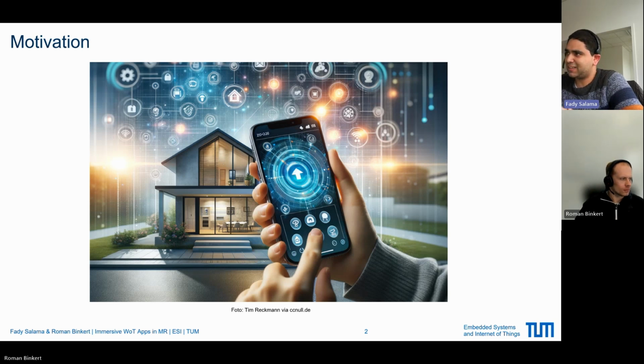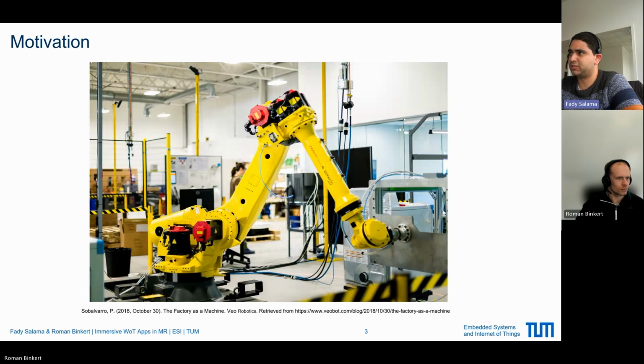And that is nice. But if you look, for example, into industry, this is not as easy. If you have a robot arm in front of you, usually these robot arms don't have a nice interface beside them, and